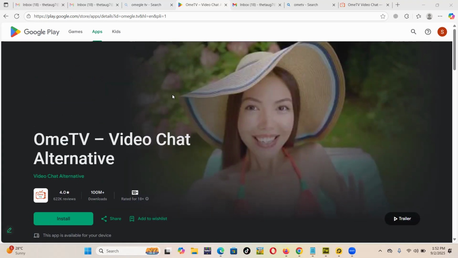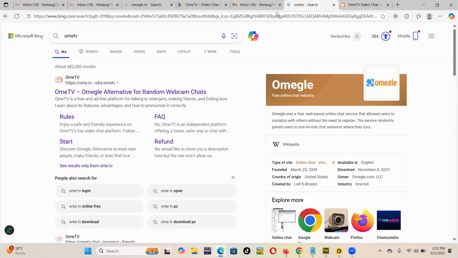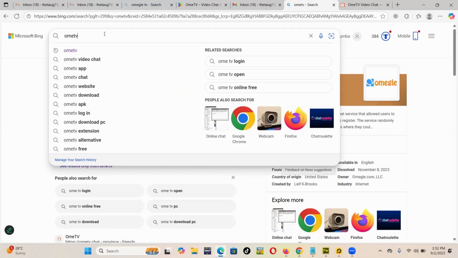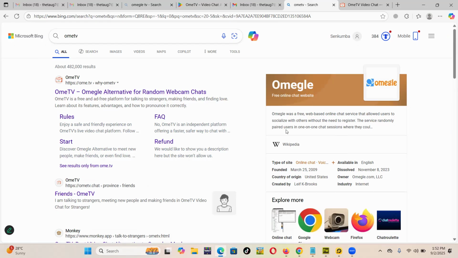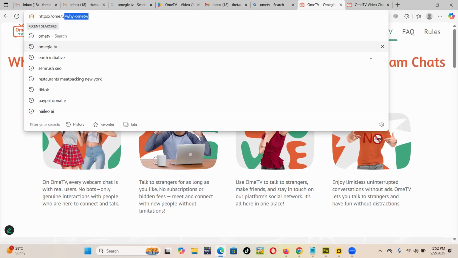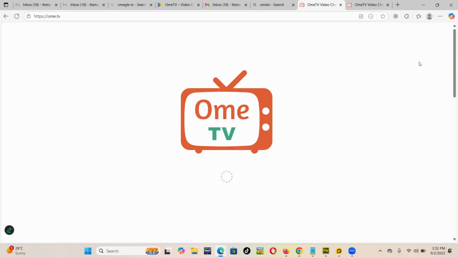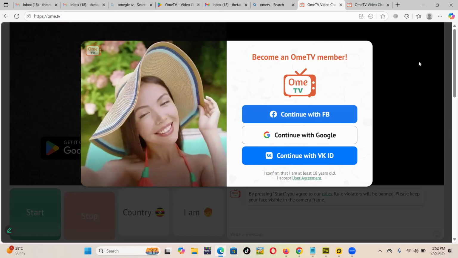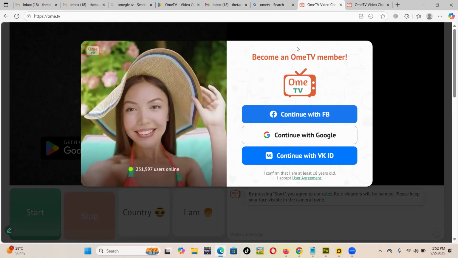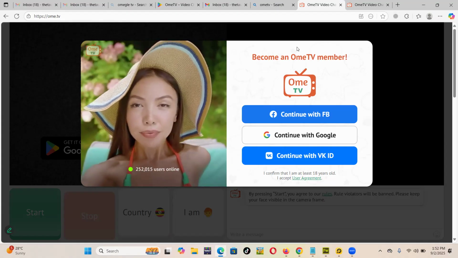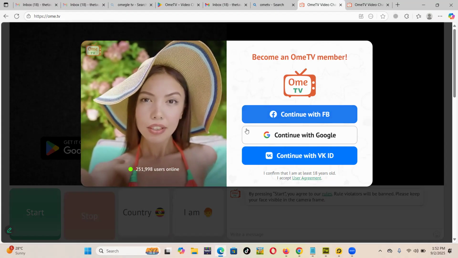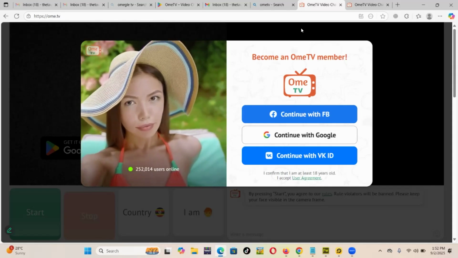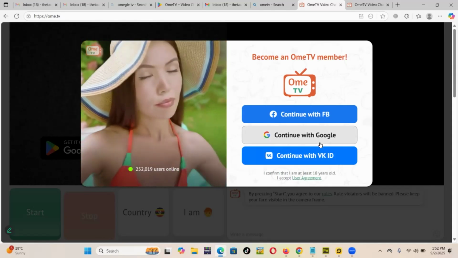Now, if you don't want to use their app, first of all, you can just go to Google, search OmiTV, you'll find it, then you just click on the OmiTV website. It's omi.tv. You can just go directly to www.omi.tv. Now, if you want to sign up without using your phone, you just have to click on continue